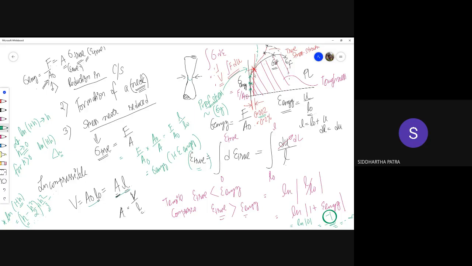What is the significance of this line? That if you were to unload from the proof stress, you'd follow this line, in reverse. So you drew it first with the 0.002 intercept on the x-axis, and then drew a line parallel to the Hookean part of the curve. And this time we are talking in reverse.